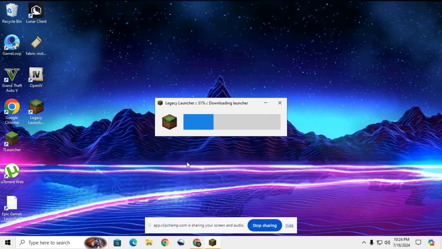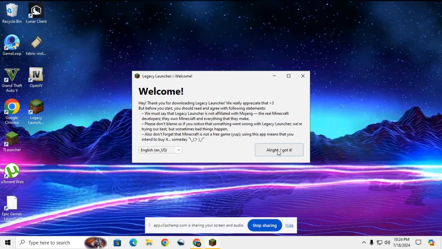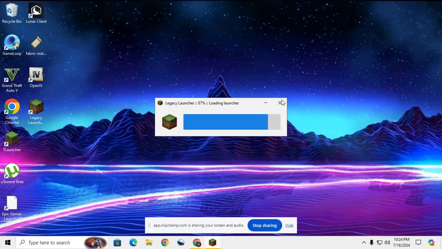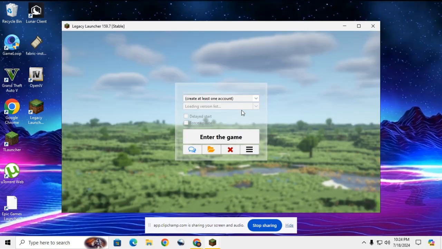So this interface will pop up, and this launcher will be saying that it's downloading. It's downloading libraries now, and the launch is now. So you're just gonna click all right, I got it, and then your downloading will be completed. After the downloading is completed, you're gonna click any account, or if you already have an account.